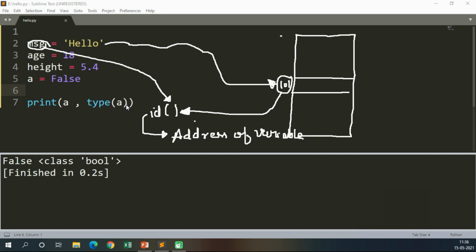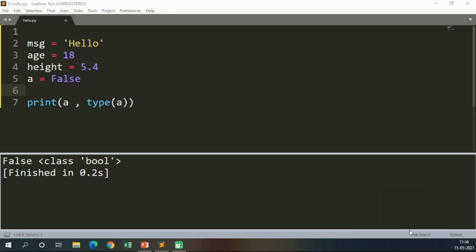Now just implement this. Now we will just replace type with id, and it will give me the address of variable a, and msg.